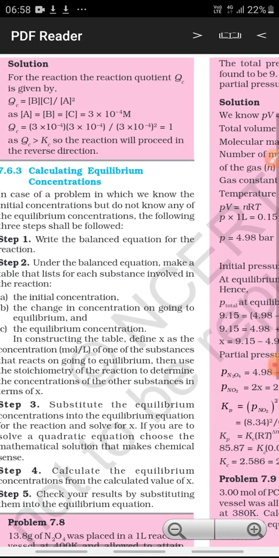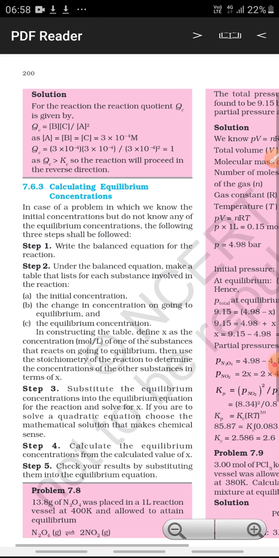Next is calculating the equilibrium concentrations. Now, how can we calculate the equilibrium concentrations? See, it is very easy. First of all, we have to balance the chemical equation. Then we have to make a table that lists the substances which are present in the reaction. We have to write the initial concentration, the change in concentration on going to the equilibrium. The third thing is the equilibrium concentration,